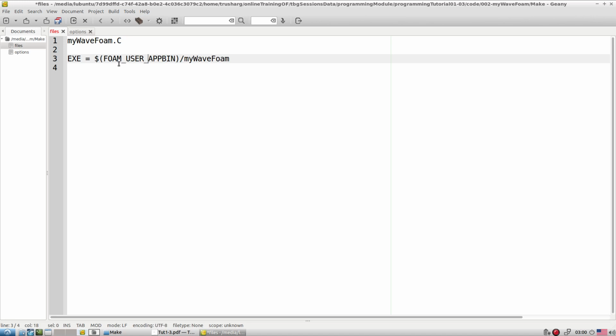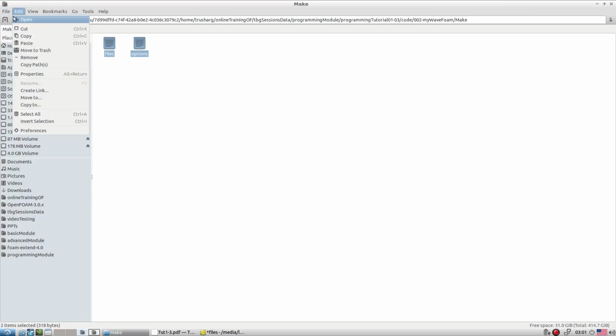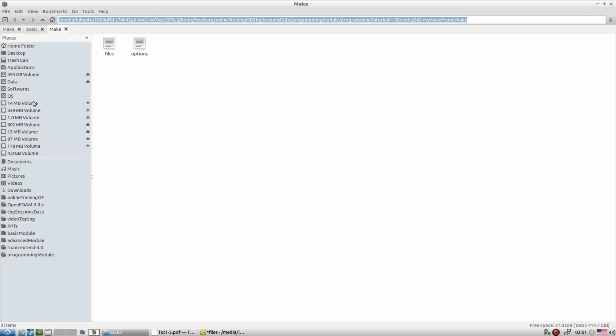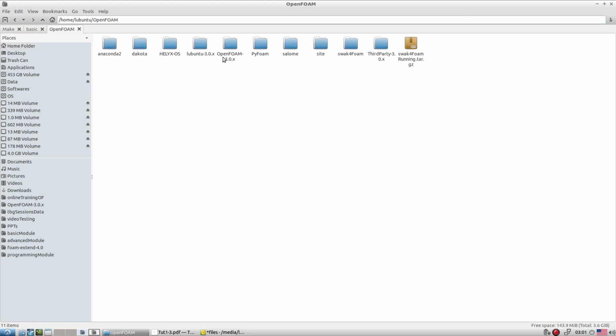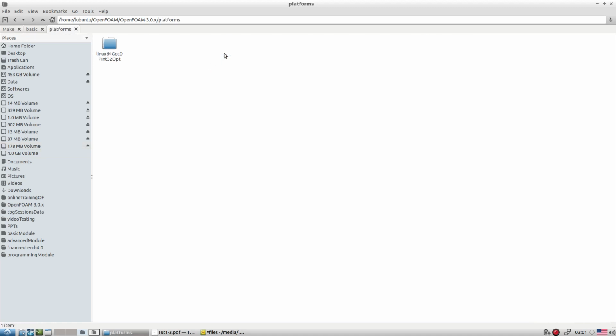After compilation, this my waveform will go inside this area. Again I'm telling you where it's supposed to go. It goes inside the OpenFOAM 3.0.x. If you go there, you have a platforms folder, and this is the release version. I don't want to keep my own developed solver inside this, as it goes wrong.